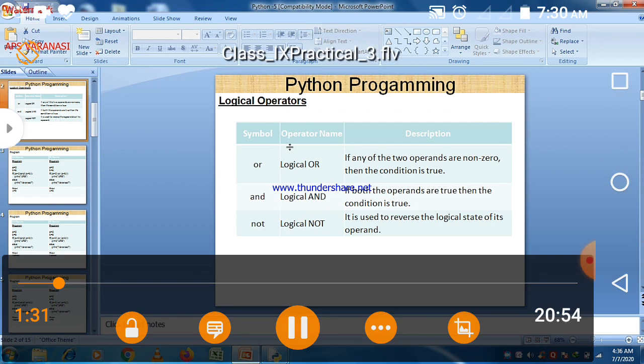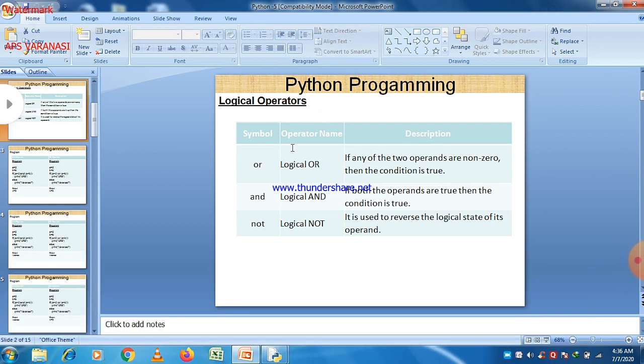These are the three basic types of logical operators: the and operator, the or operator, and the not operator. What is the use of these operators? When there are two conditions separated using or, if at least one condition is true, then the answer will be true. If both conditions must be true, that is the case for the AND operator. If you separate the conditions using AND, then the result will be true only when both statements are true, otherwise it is false.